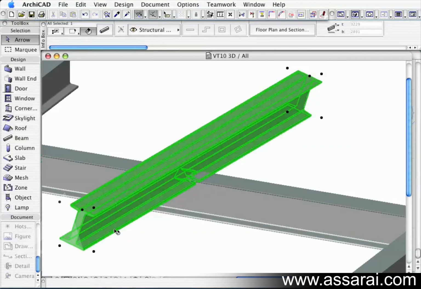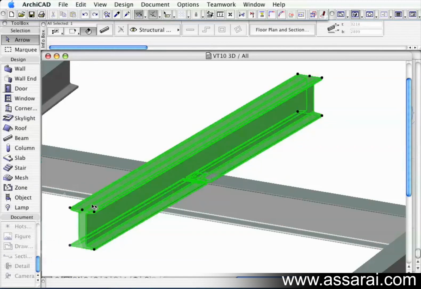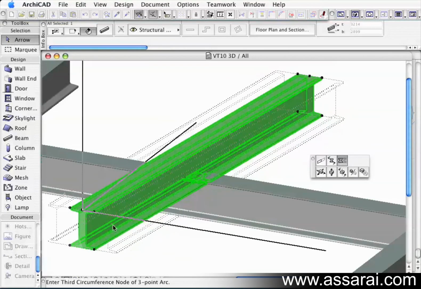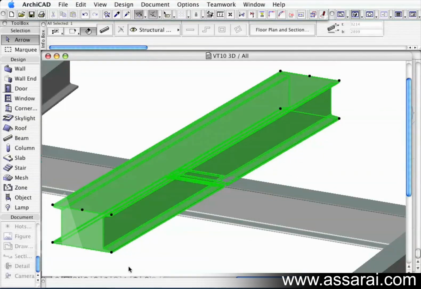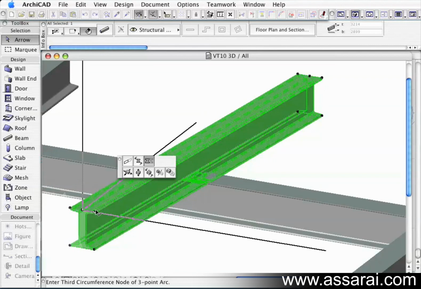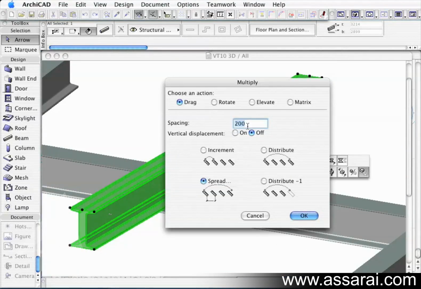This is new for version 10 also. We can go Control Z, undo that, and we can also widen the beam in 3D there as well. So just going to go Apple Z there or Control Z. The bottom row is all the same. We might even want to multiply the beam out. As soon as I let my mouse button go on the multiply button,